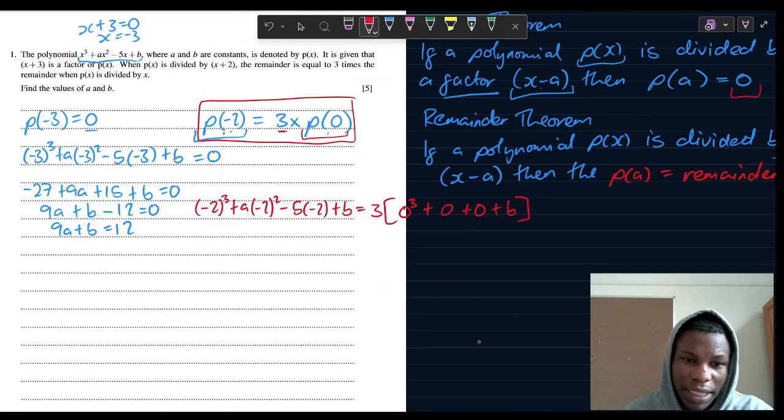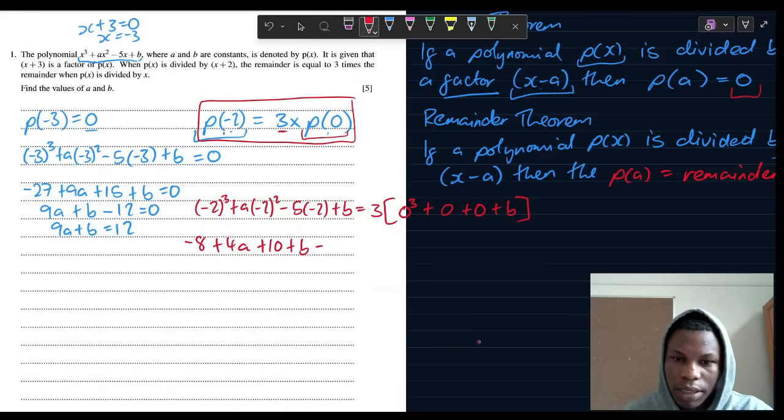Negative 2 cubed, that's negative 8, plus a times minus 2 squared, that becomes plus 4a, minus 5 times minus 2, that's plus 10, plus b is equal to 3 times b, so 3b. Let's simplify. We've got 4a, then 10 minus 8, so plus 2 is equal to, move that there, so 3b